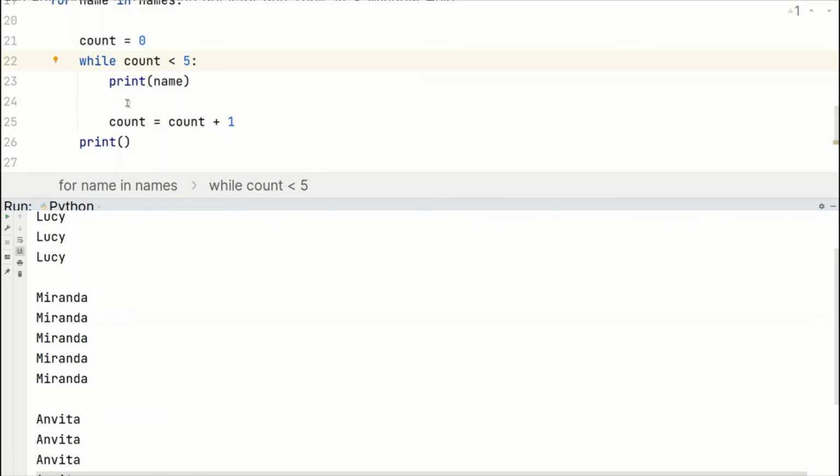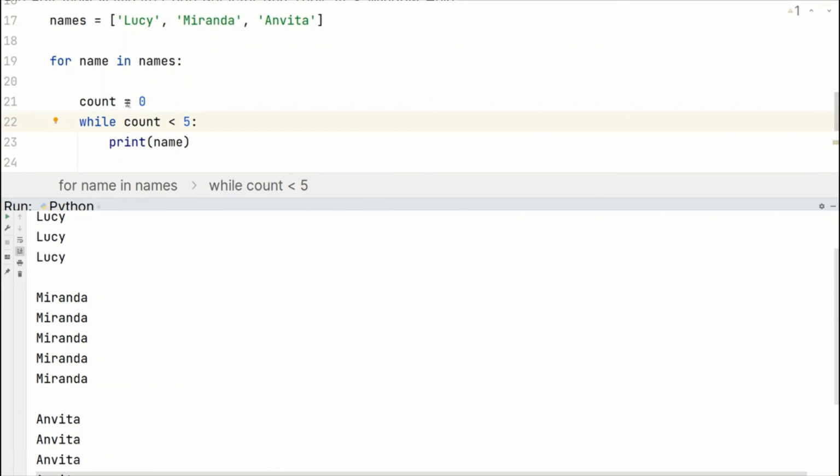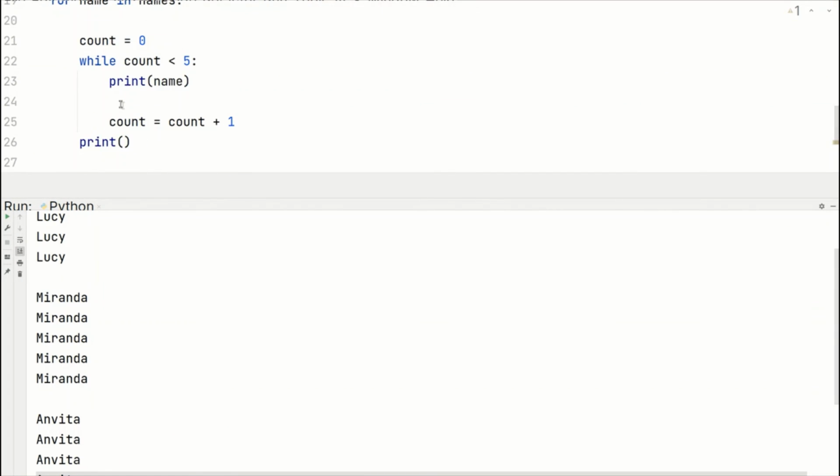After that we've got Miranda. So now if we back up here and check, now the value of name is Miranda. Then count goes into the value again, and it does the same with Miranda, and then